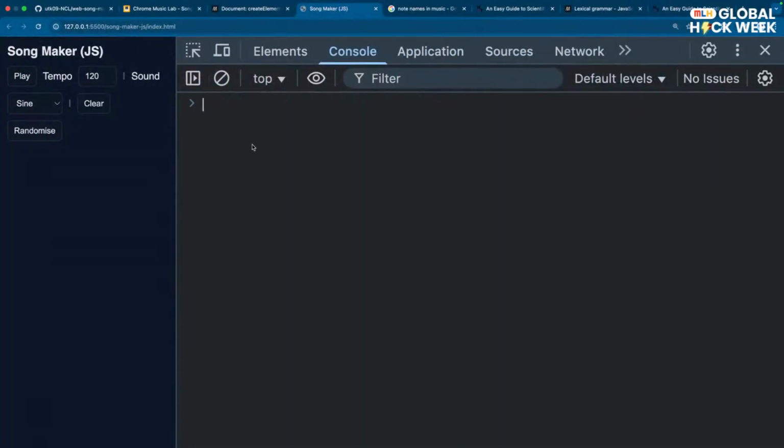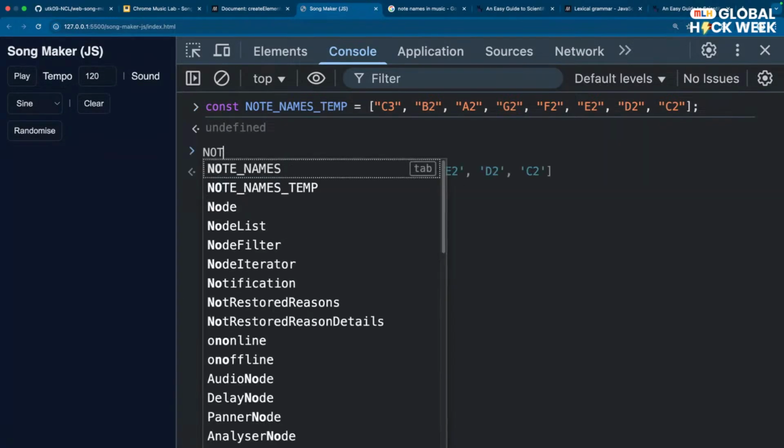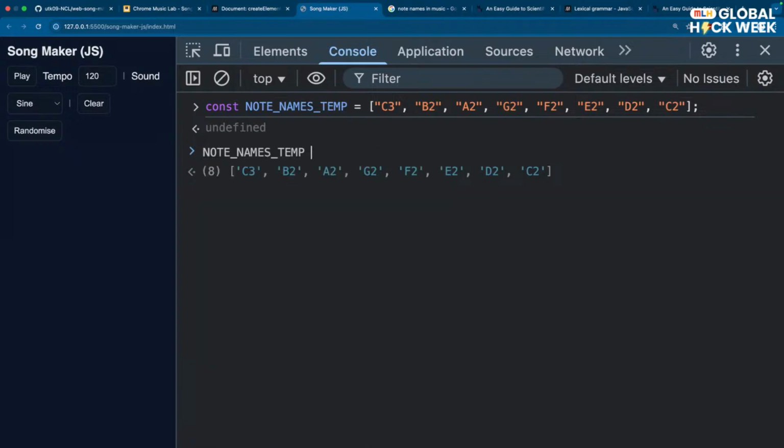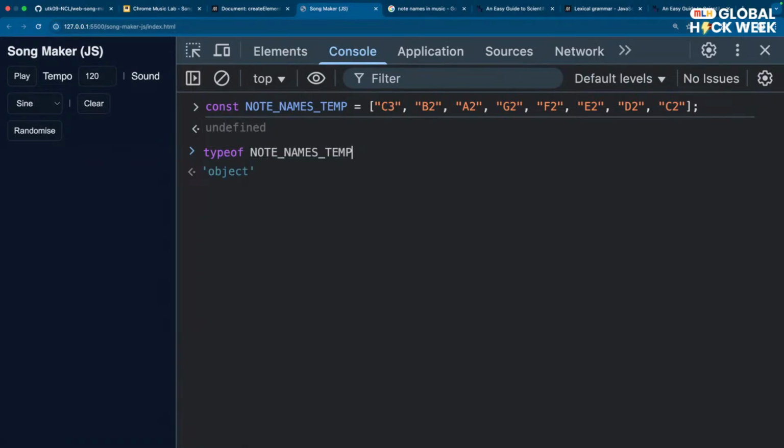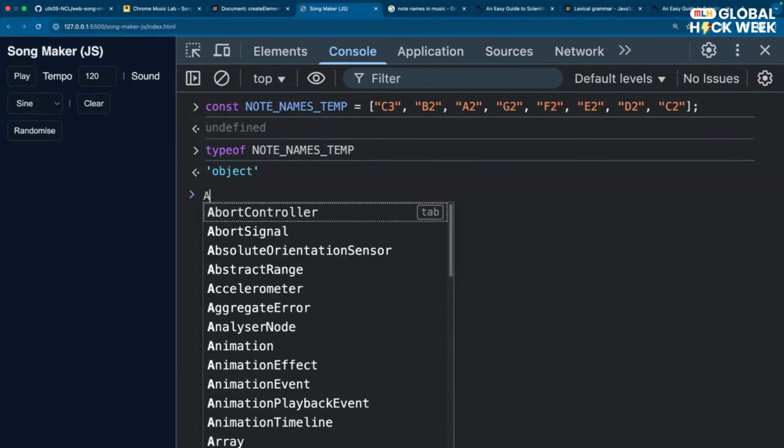On this page, note names has been declared. So I'm going to say note names temp. Now note names temp is, let's try typeof. Okay. It is a type of object. Everything in JavaScript is an object, but we know